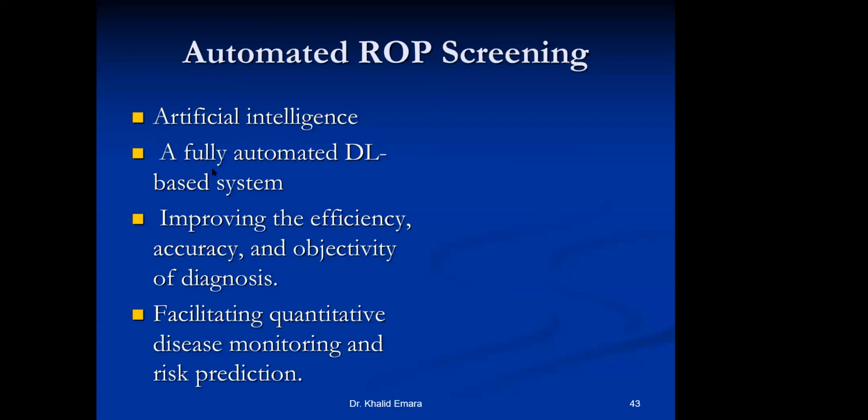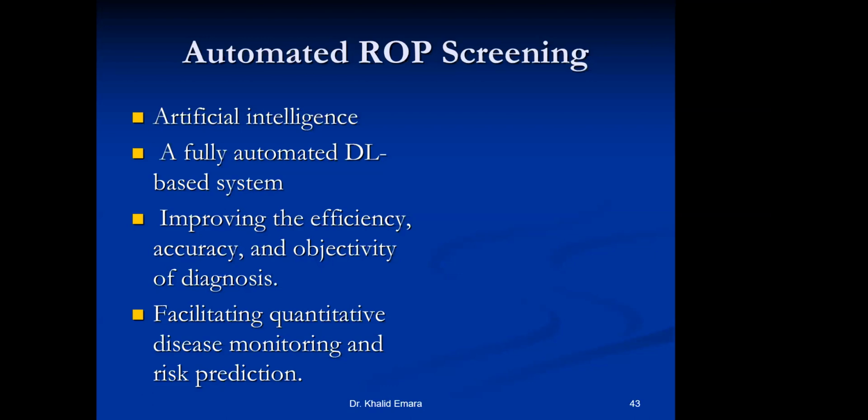This technology is based on feeding the computer with thousands of images with detailed reports and descriptions of the images, and using artificial intelligence, the computer will identify which eyes need treatment, which eyes need follow-up, and also